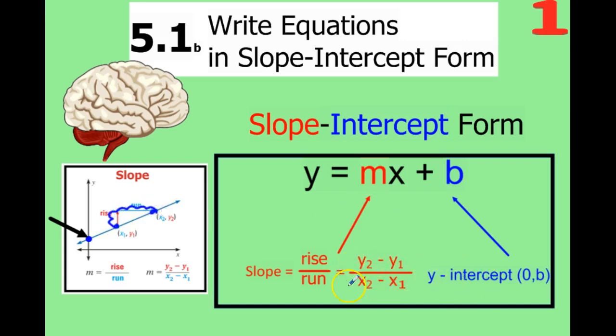Or using your slope formula, which is y2 minus y1 over x2 minus x1, meaning you're using your 2 points that you have and plugging those numbers in. And then b is our y-intercept. This piece of information right here is new